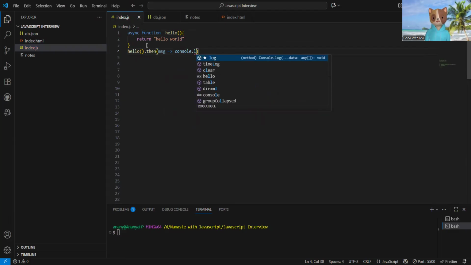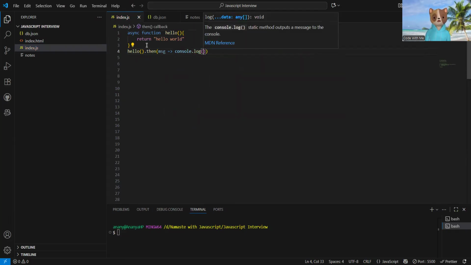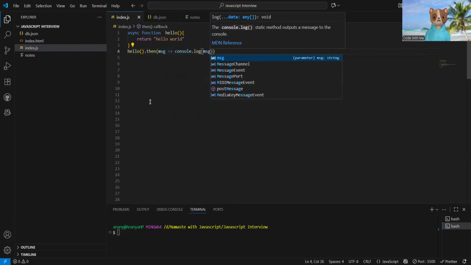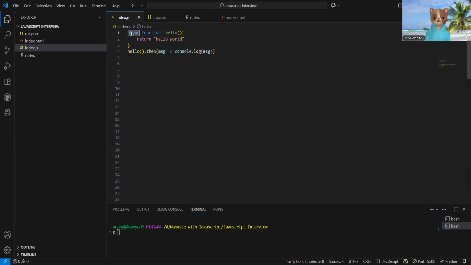So see here, it is nothing but just a normal function. But here we applied async so that it will work for async operations. See the output. I think I already did this before. So see here, what is it printing? Hello world and nothing else. Okay. So maybe for you it looks easy, but when I use await, then you will get a better understanding.